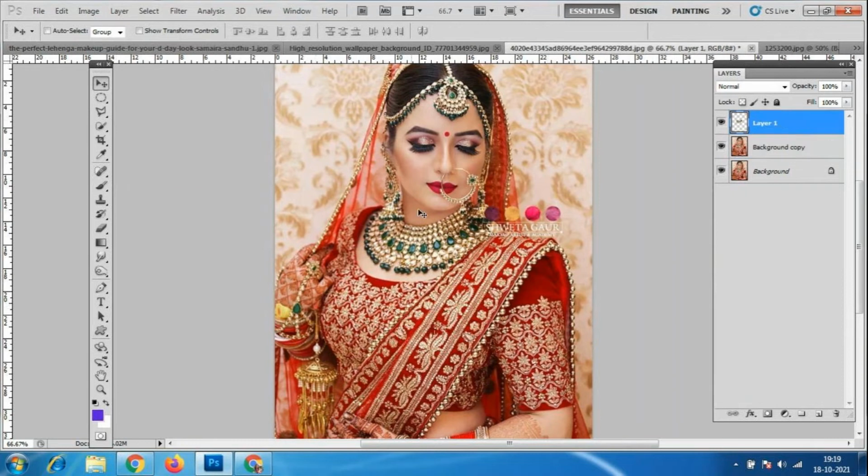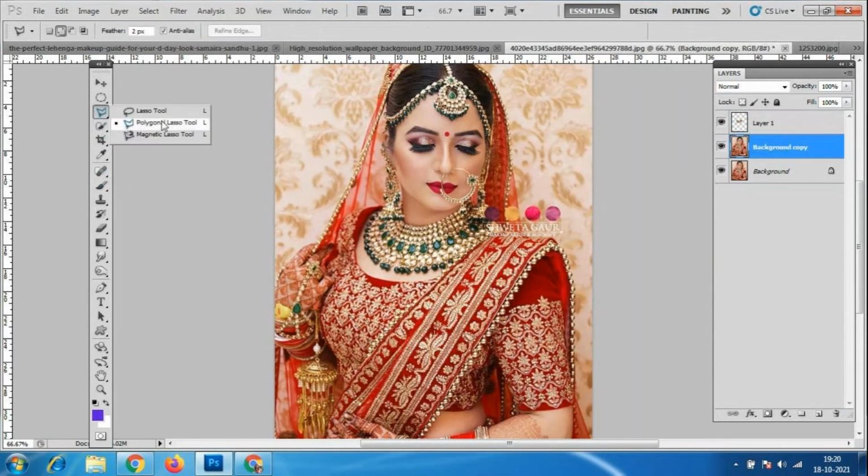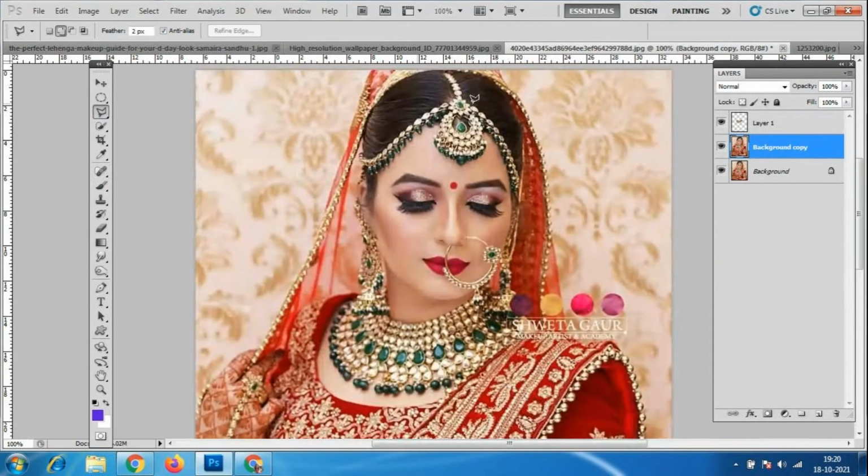Everywhere you have the use of this polygonal lasso tool. It is always useful. Any of the ornaments you have to cut, that time you can use this polygonal lasso tool, and however many things you want, you can cut like this and do the changes.